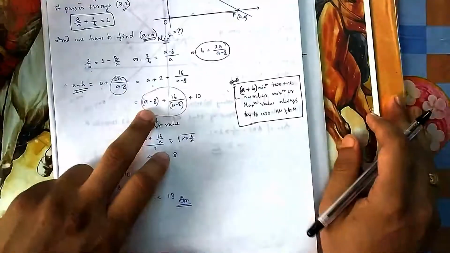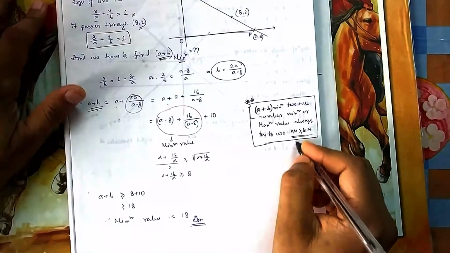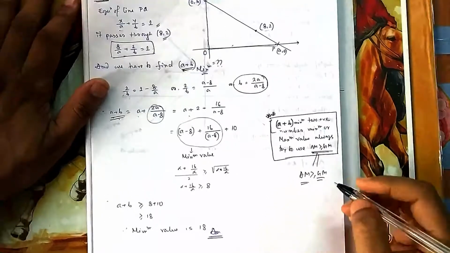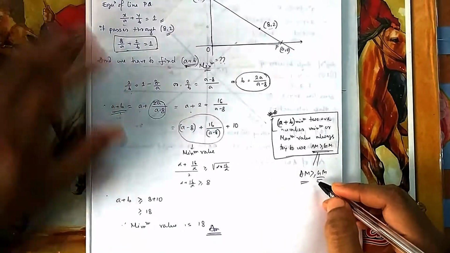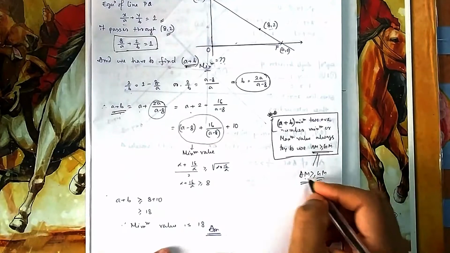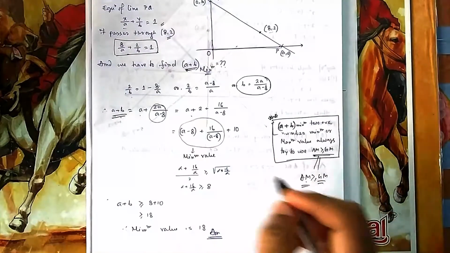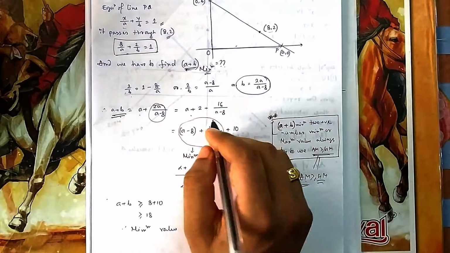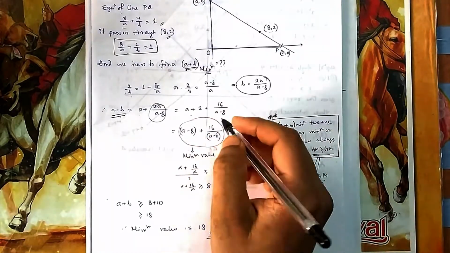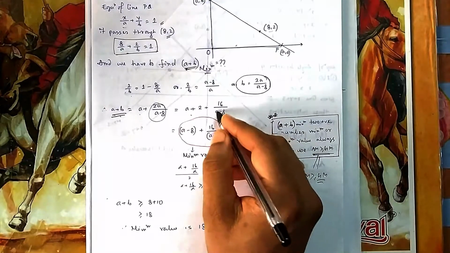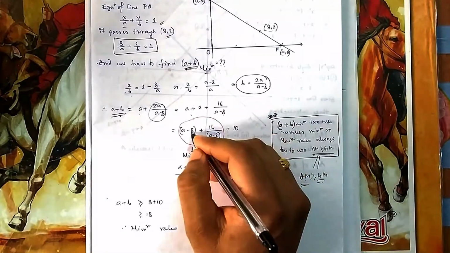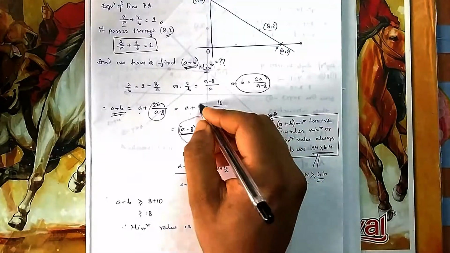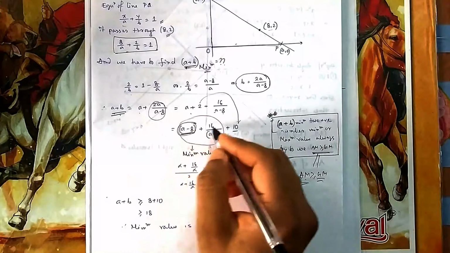So for minimum and maximum, the majority of the time we will use this inequality, AM is greater than or equal to GM. We will see this in the progression chapter, arithmetic mean will always be greater than this. For that you try to make it a reciprocal function, the variable as a reciprocal variable. That means if it is 1 minus 8 in the denominator, you take 1 minus 8 in the numerator also. So I am making it 1 minus 8, that's why I have given 10 extra to make it 2. So you see these two. Why am I doing so?